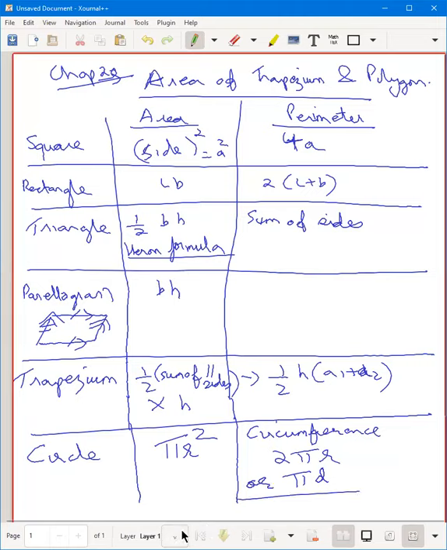Okay. Everyone, please copy this down. These are the basic formulas which will be used throughout, even till 10th, 11th, 12th, and onwards. These are the basic formulas for mensuration. So what is the perimeter for a parallelogram? Just the sum of the sides. There is no formula as such. The parallelogram has the opposite sides equal and parallel, so we'll just add twice of them.